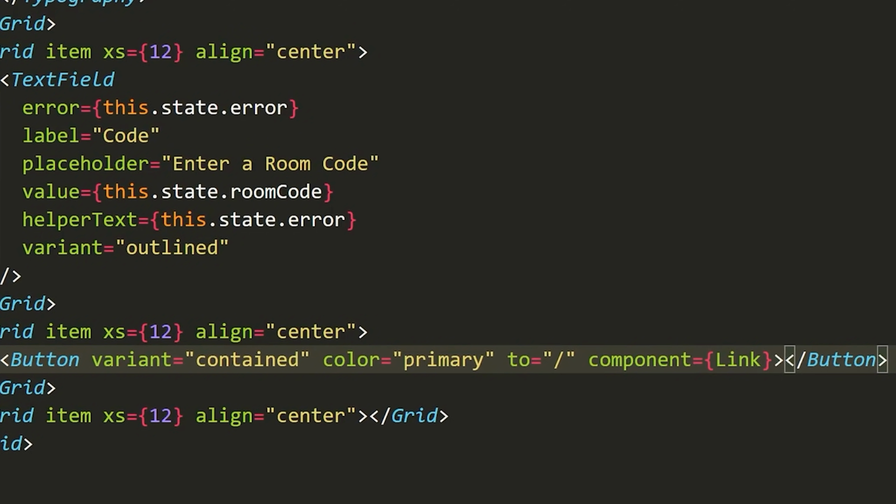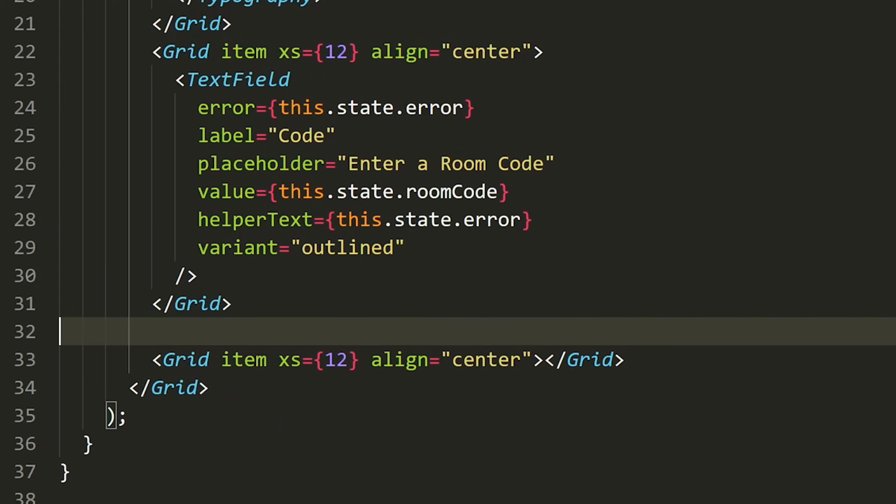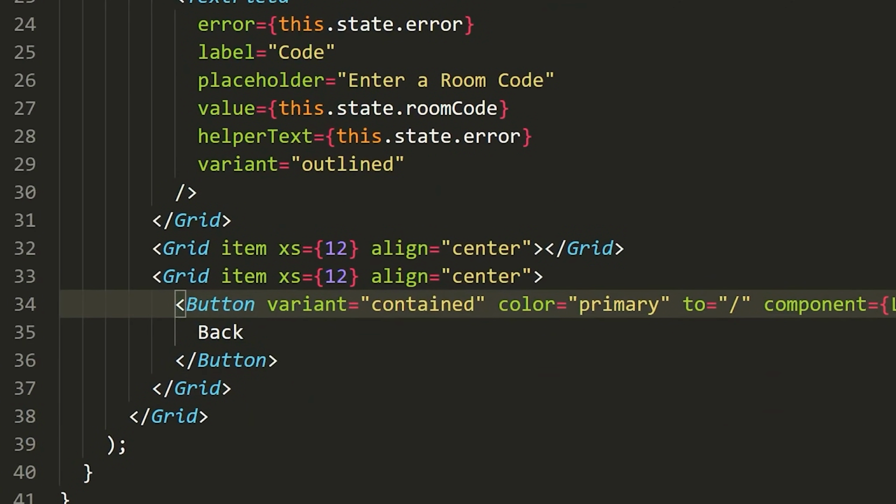Now here, I'm just gonna make this, oops, I realized that I'm coding out the wrong button first, but anyways, we can just make this one the back button, that's fine. So let's just take this now and move this below the other grid item. Okay, because I coded out the wrong one first.